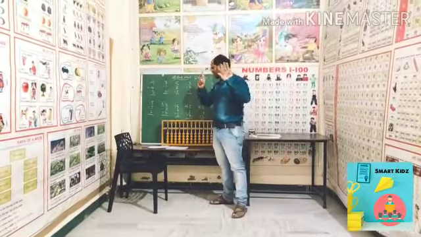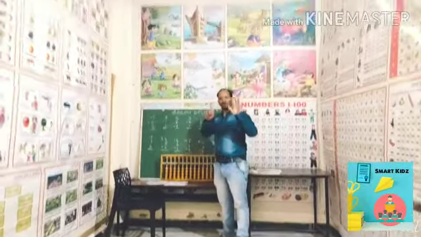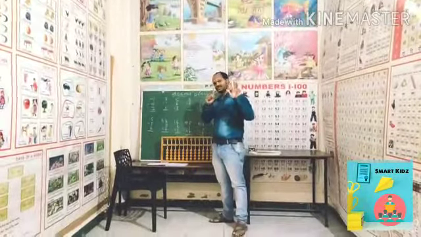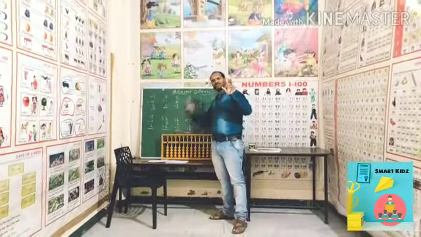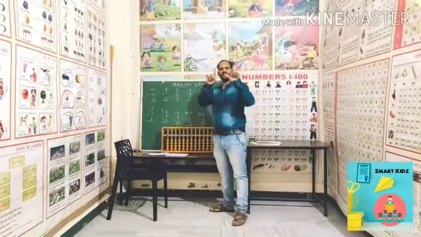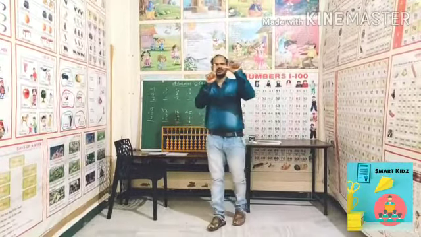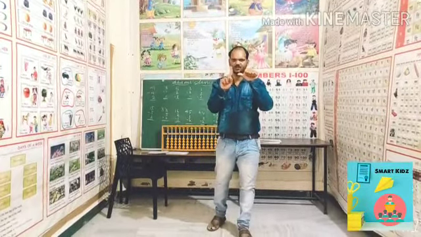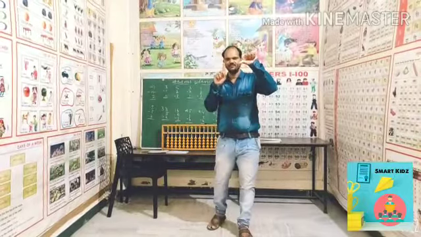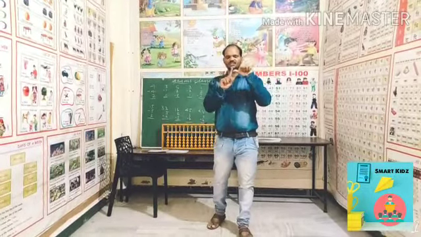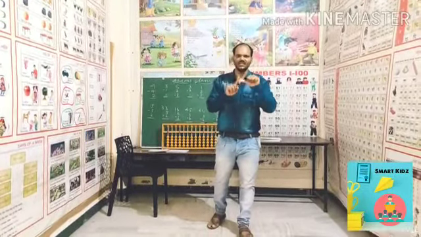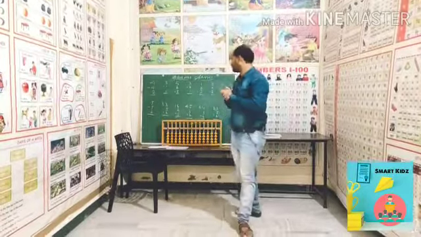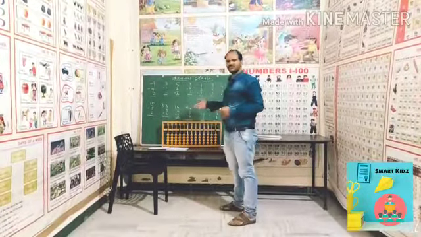Now your answer is how much? 8, 1, 18. 18. Now subtract minus 3. So I will put down 3 fingers on the left. Now you can see my answer. On the right hand 1, this is equal to 10, and on the left hand the thumb is equal to 5. So this answer is 1, 5, 15. Understood? And now I will show some problems on the tool.